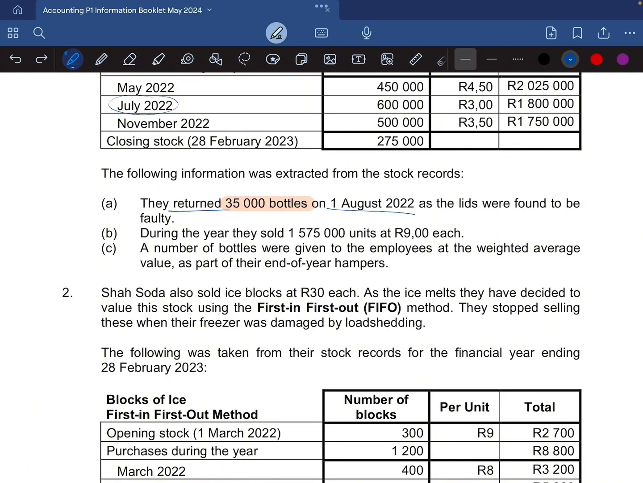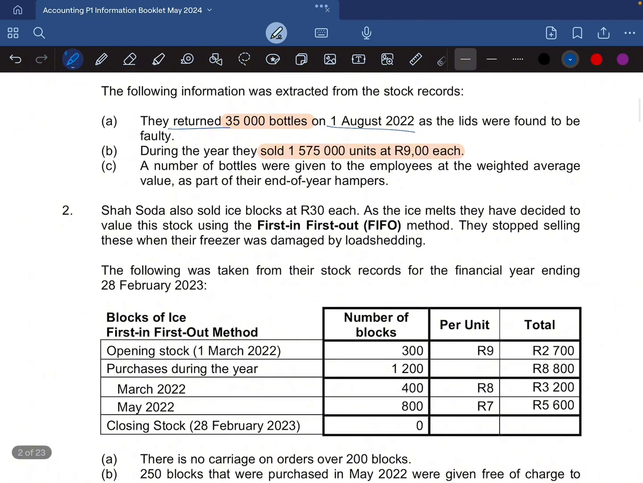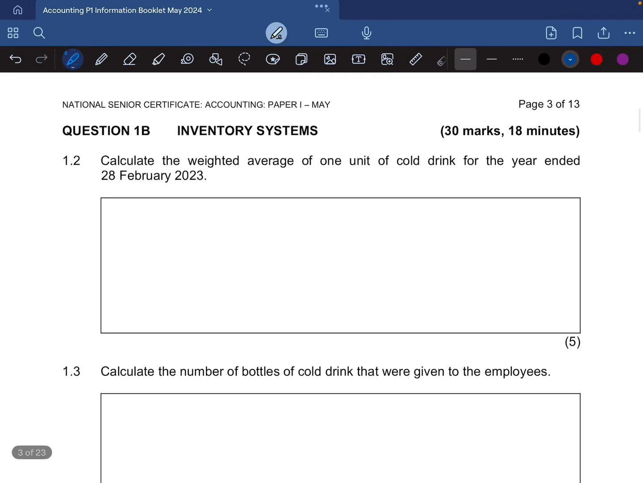And then B says during the year they sold 1,575,000 units at 9 rand each. And then lastly, a number of bottles were given to the employees at the weighted average value as part of their end of year hampers. So these are our sales. We had sales here. And now we are just going to overlook information number two, because it's a complete set of questions. And then let's have a look at our question